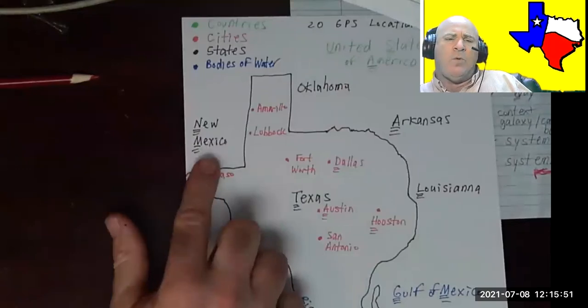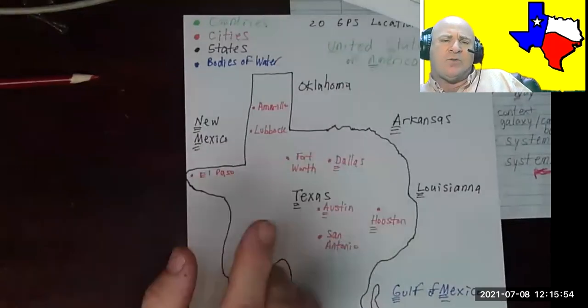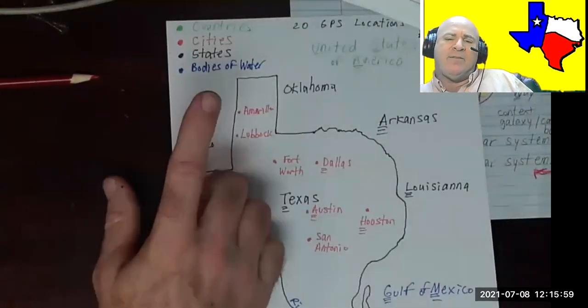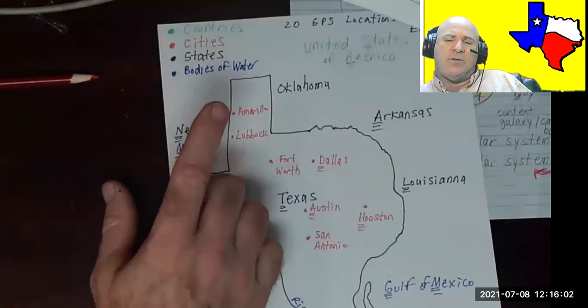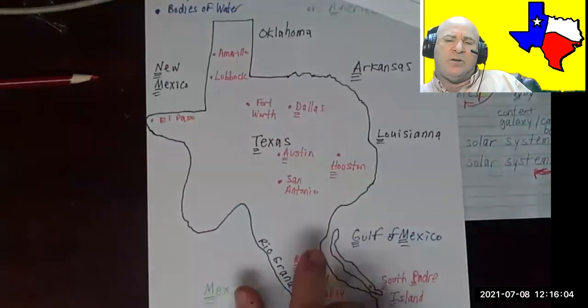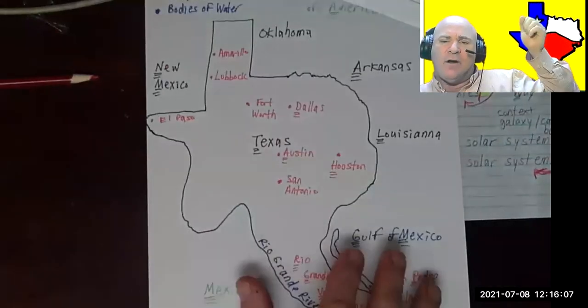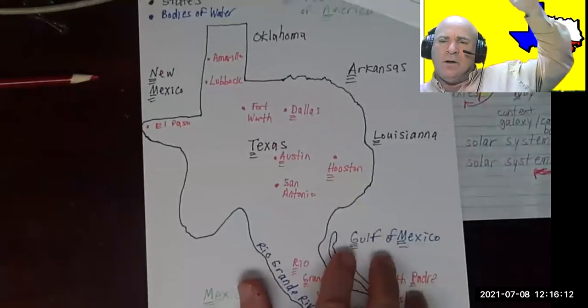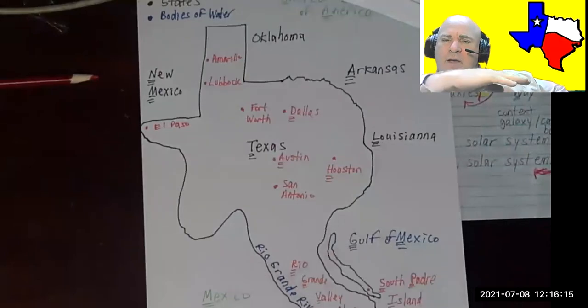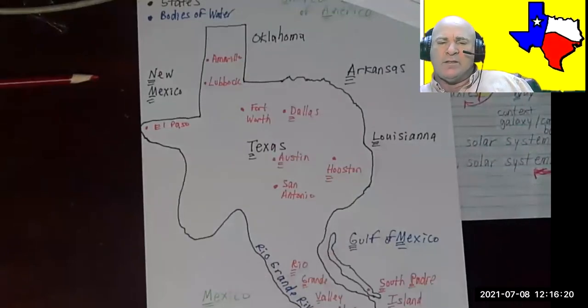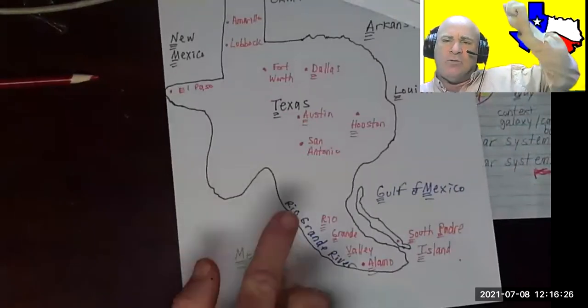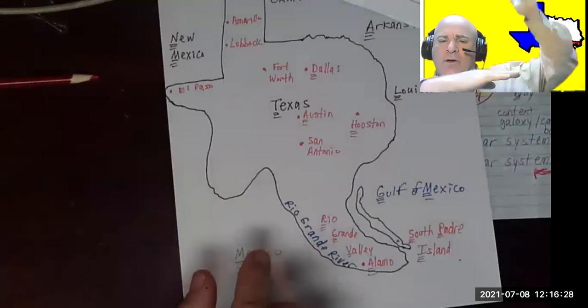And then one more, some bodies of water, since water is hopefully blue, unless it's very well polluted. We have in the southeastern portion of Texas, we have the Gulf of Mexico, Gulf, space, no capital of, space, Mexico. And the river that separates our country from Mexico is called the Rio Grande